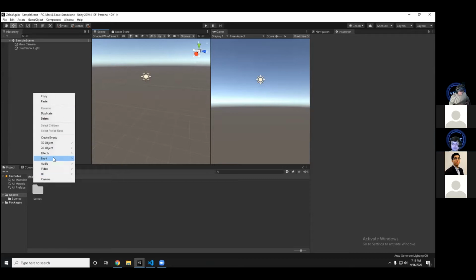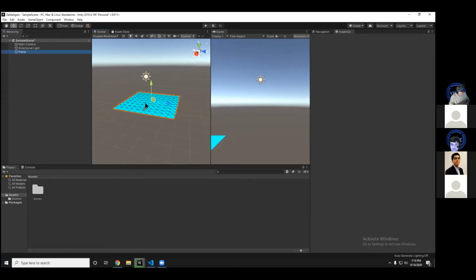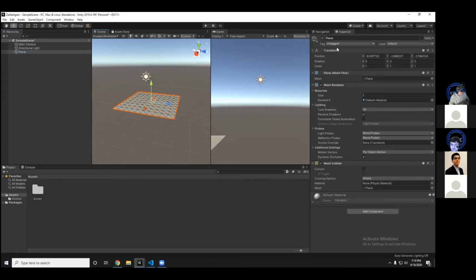Why not? We're going to come over here and just grab a plane. We want a floor. There's our plane. We want it bigger. So we are just going to grab